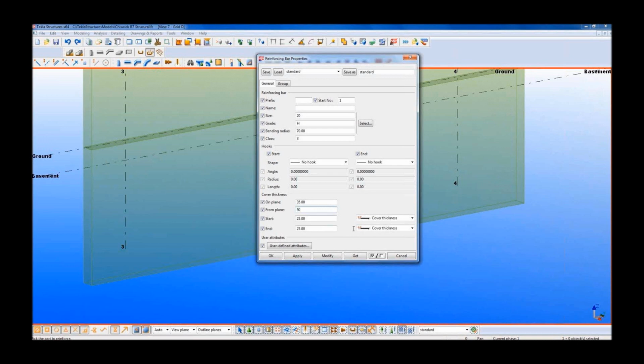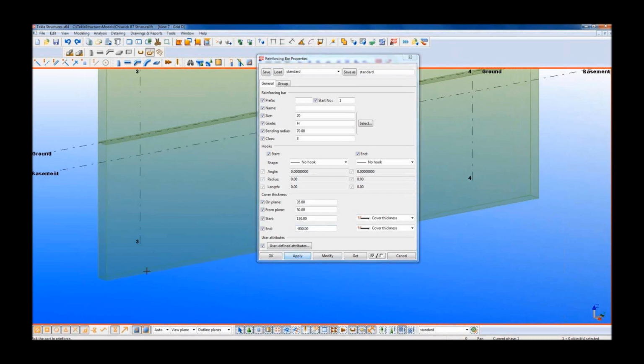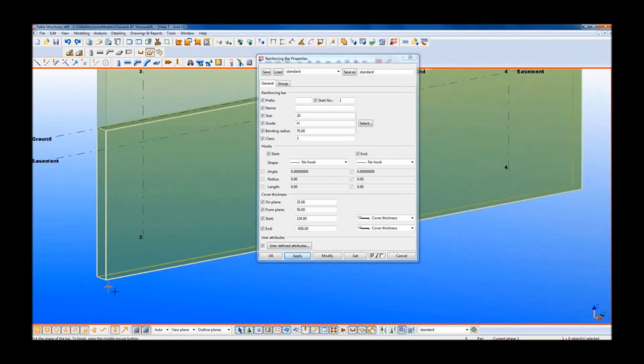Let's have 50 starts. The start and end are quite good because that's like the cover from the start and end of the bar, but you can also put negatives in. So on the bottom, it's going to be 150 probably to miss the kicker. And then at the top, we can actually put a minus value in. So you can say minus 850 and apply that. So then if we put some bars in now,